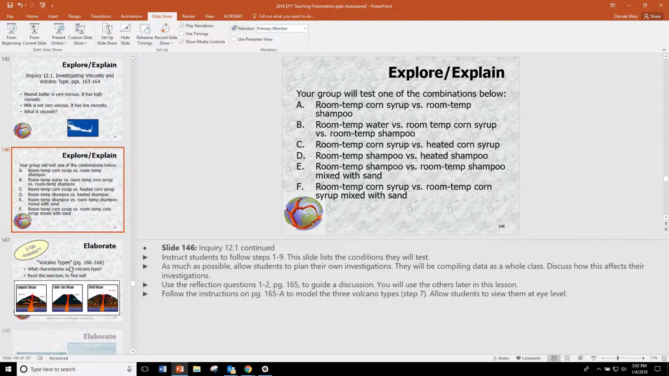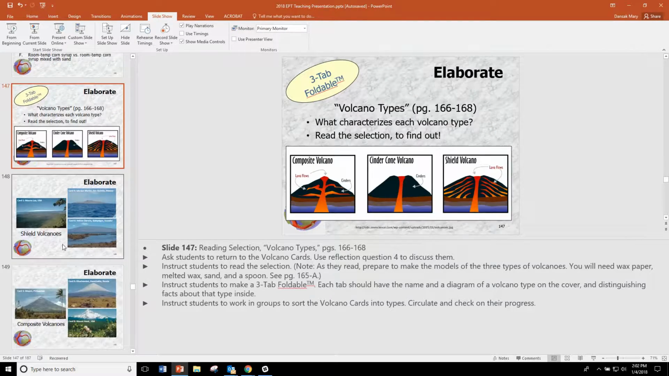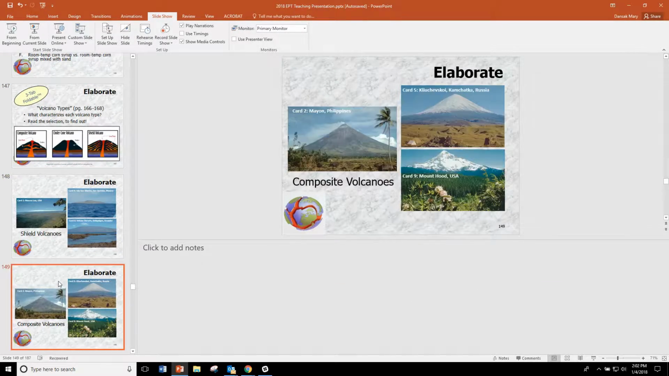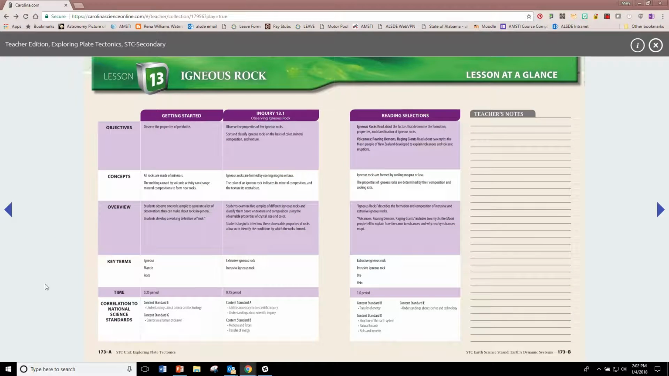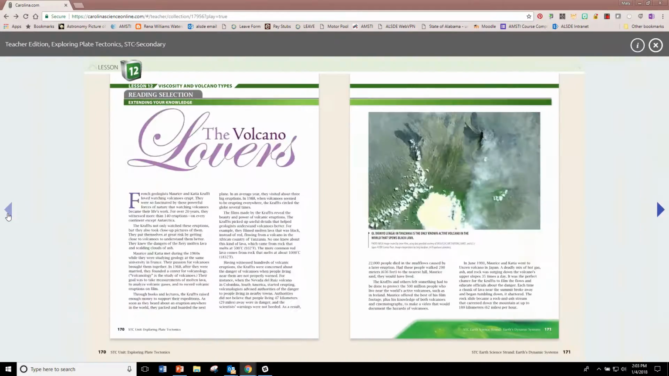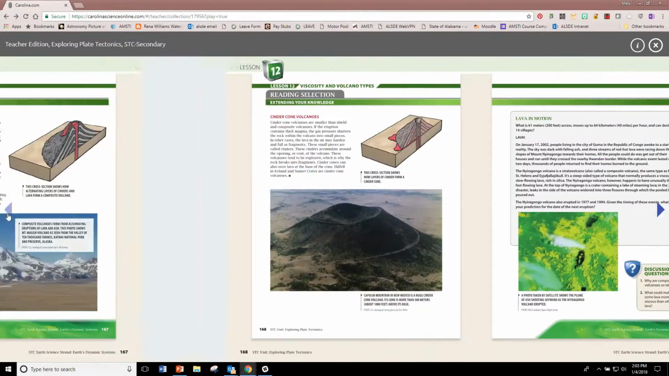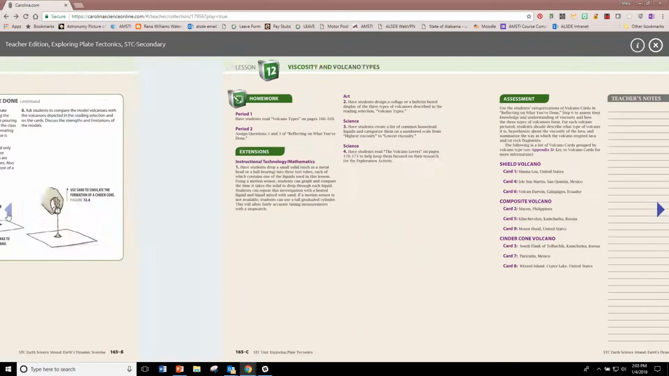And before you move on, I'm showing you the slides that we've put in here, you'll want to make a wax model of the 3 different types of volcanoes, and the directions to do that are in your teacher's edition,